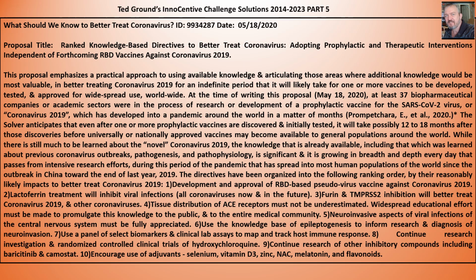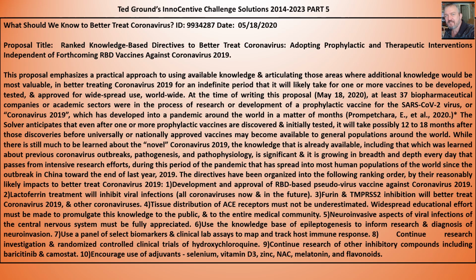We need to know more about its pathology and the human body's response to it. So I threw in my opinion, and I called it ranked knowledge-based directives to better treat coronavirus, adopting prophylactic and therapeutic interventions independent of forthcoming RBD vaccines against coronavirus 2019. So I've got a list of 10 things that I suggested